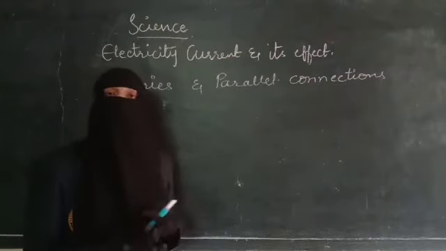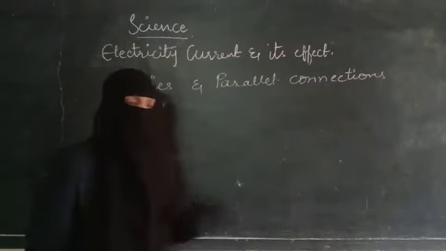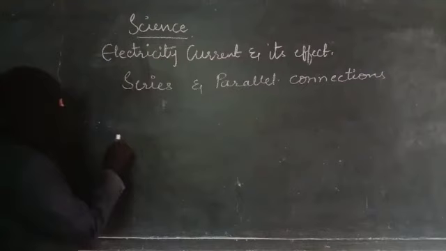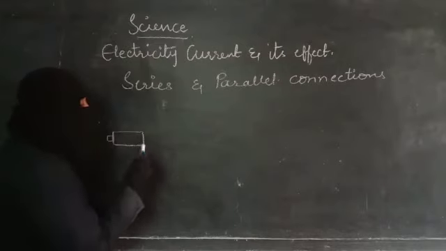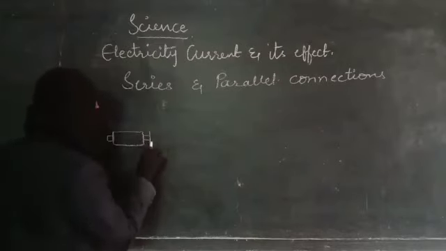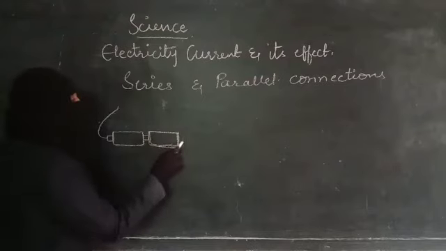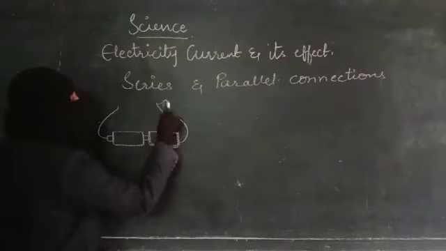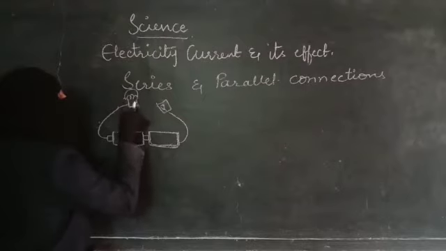To know this, let us make simple circuits using these connections. First of all, take one dry cell. I am not using circuit diagrams. I am using the electrical components directly here. So first of all I am taking a battery. When two dry cells are connected, it is said to be a battery. Positive terminal, negative terminal, a switch here. And then what do we need here? A bulb. A bulb is required here.